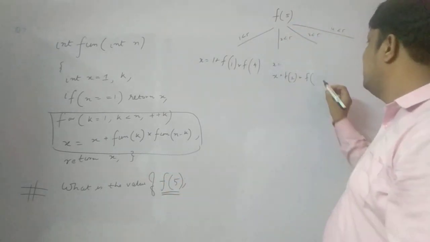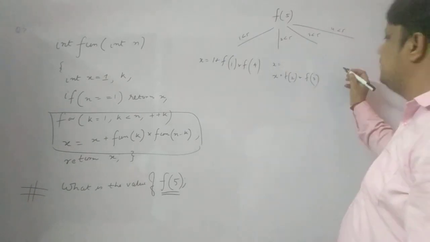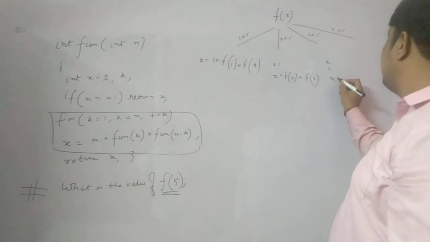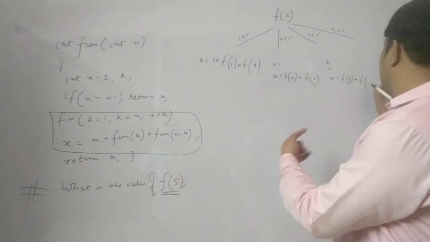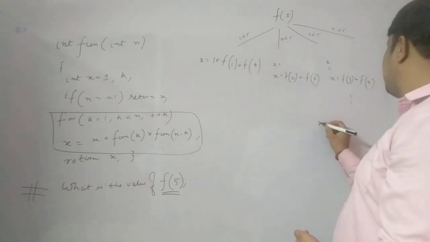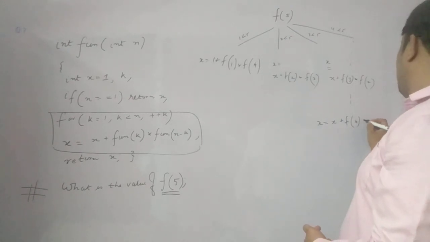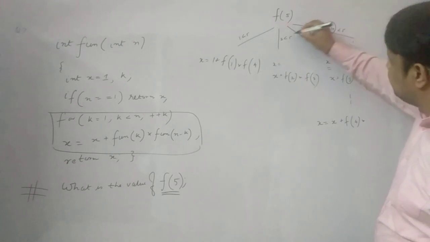The value of n is 5, 5 minus 2 is 3. Now when k becomes 3, then x is equal to x plus function 3 into function of 5 minus 3, which is 2. Now I am writing it here, x is equal to x plus function 4, because the value of k is 4 here, right? These are the values of k,